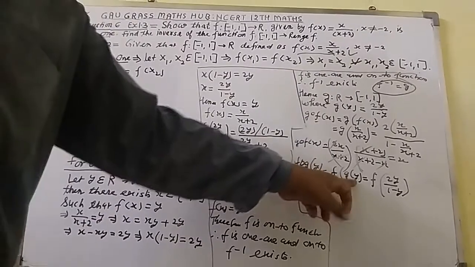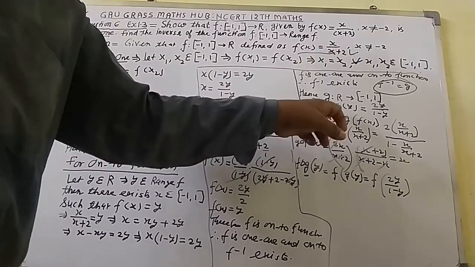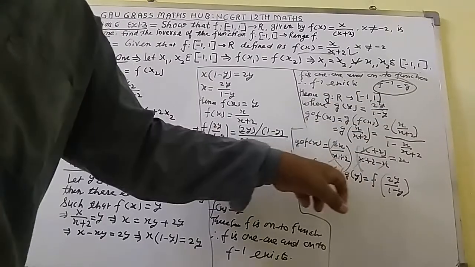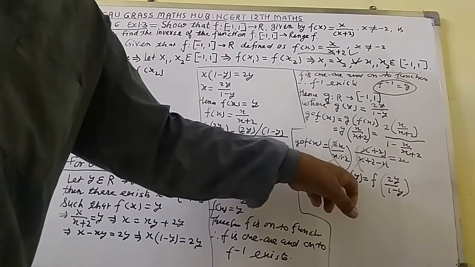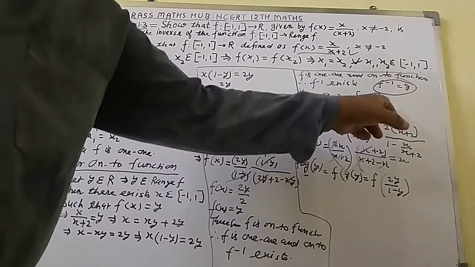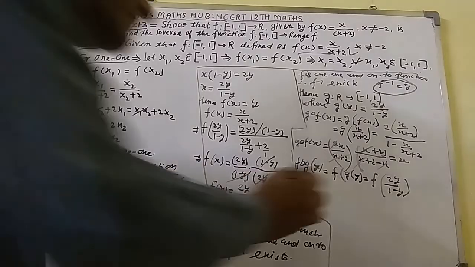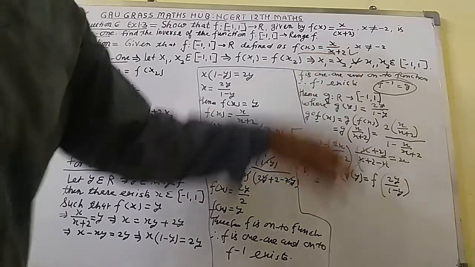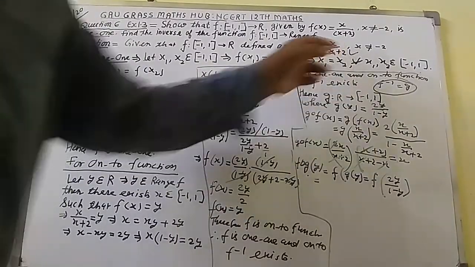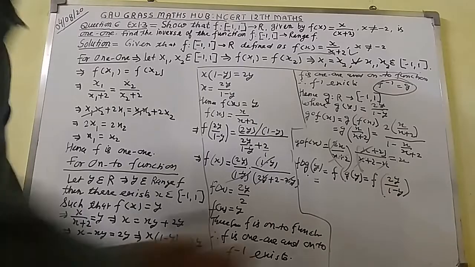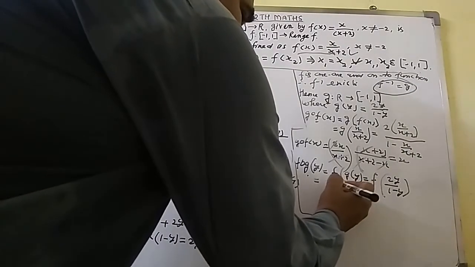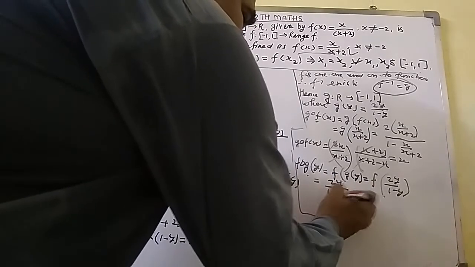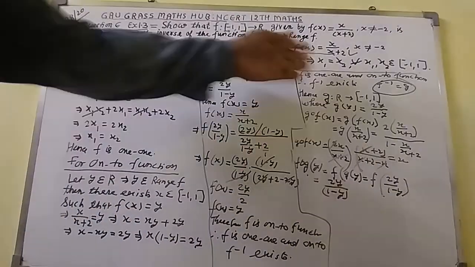In place of g(y), you can write this whole value, 2y over 1 minus y. So I have written the same value, f is there, and in place of g(y) I shall write this value, because g(y) is equal to this one. What will we do here? Now go to f(x) equal to; in place of x I have got this one. So here you can write f(x), this will become 2y over 1 minus y, x over this one.